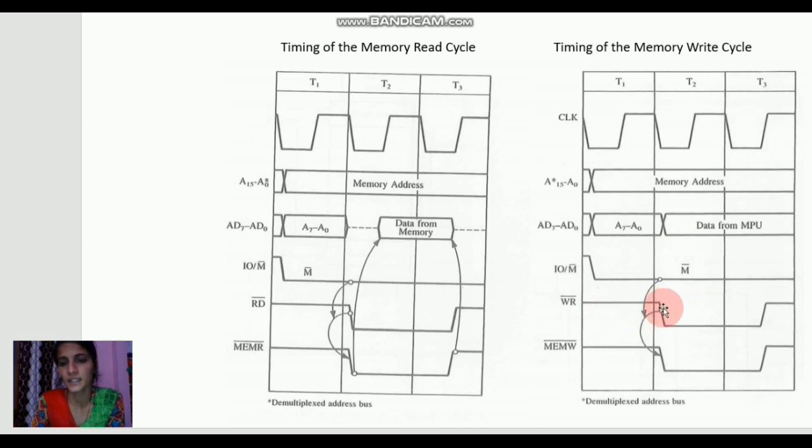When the write bar signal goes low to high, in between, the data is written to memory. All these happen only when input output memory bar, or say memory, is enabled. So for memory interfacing, we can use the read and write signals, and for enabling chips we can use the input output memory bar signal, and also the address bus for selection of chips and locations.